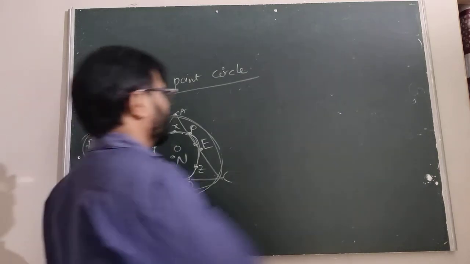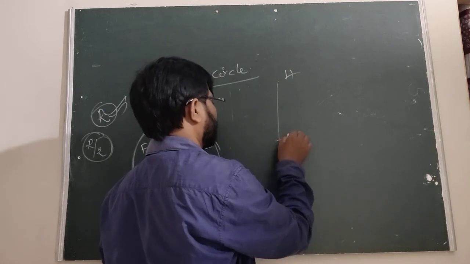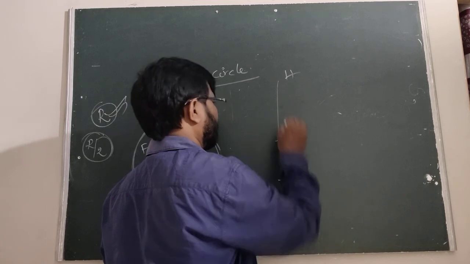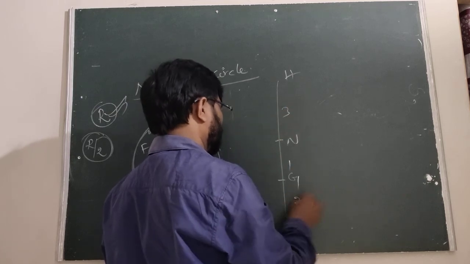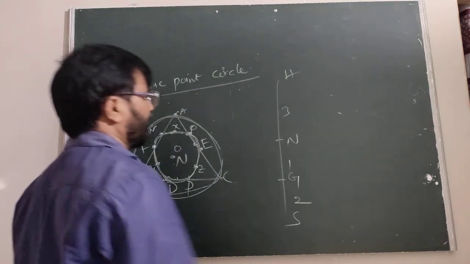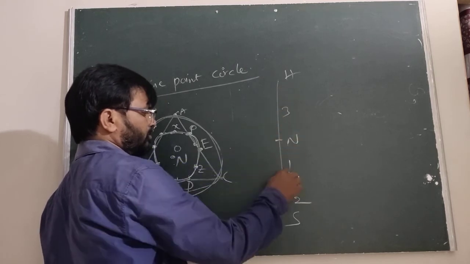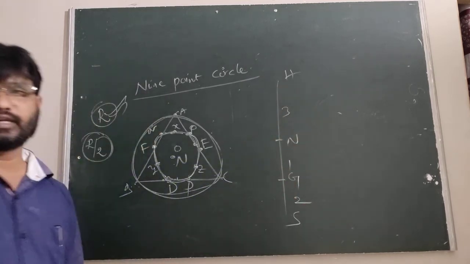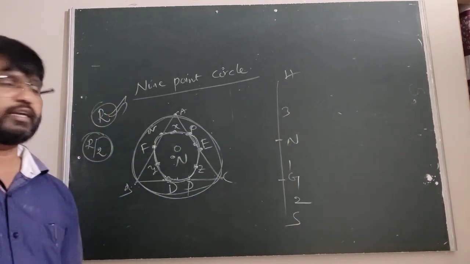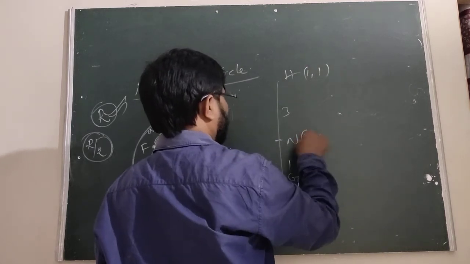Therefore, here we are taking the orthocenter as H, this is the circumcenter, this is the 9-point center, this is the centroid, in the ratio 3, 1, 2. Is it clear how to write this one? Therefore, the 9-point center is in the ratio 3, this is 1 plus 2, 3. If you are given any 2 points, suppose H and N, we have to find the circumcenter. How to find this one? This is 1 comma 1. This is 2 comma 1.